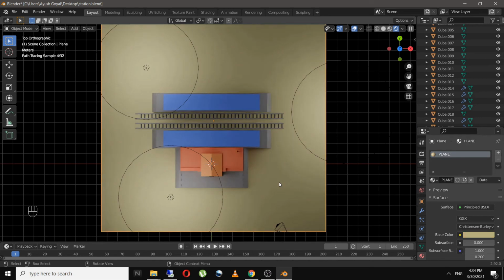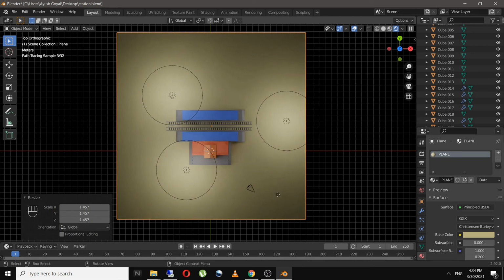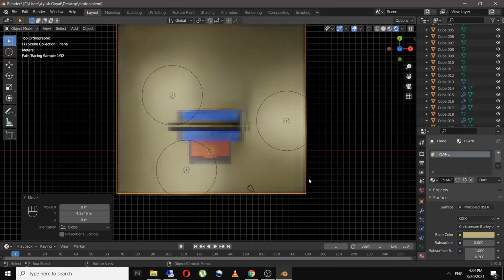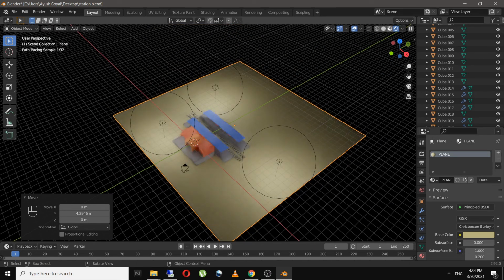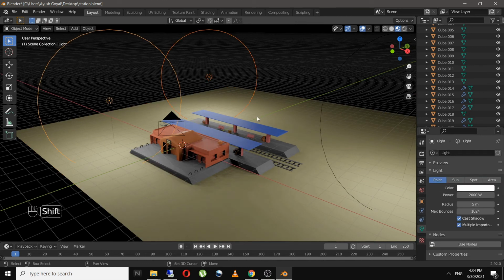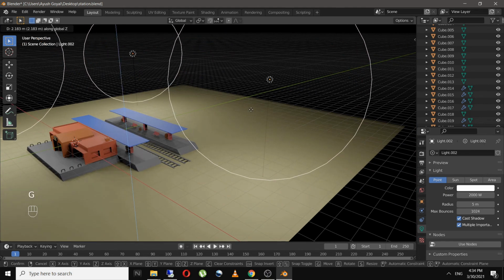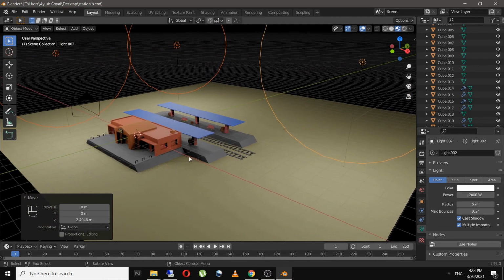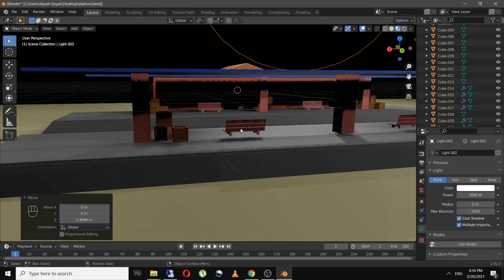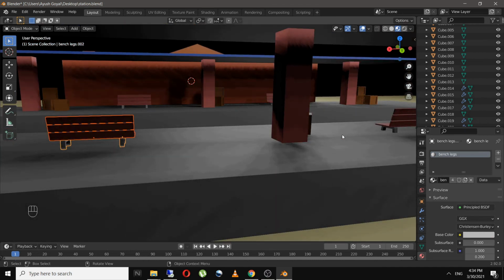Now I'll just play with the lightings and the other settings to finalize my scene. So I'll scale the main base over here and go to material preview and move these lightings a bit up somewhere here. And as you can see, we have very dark spots near our bench in the platform.